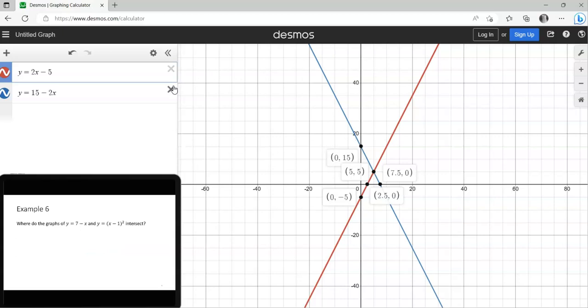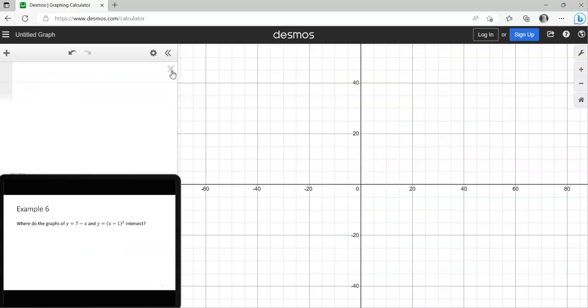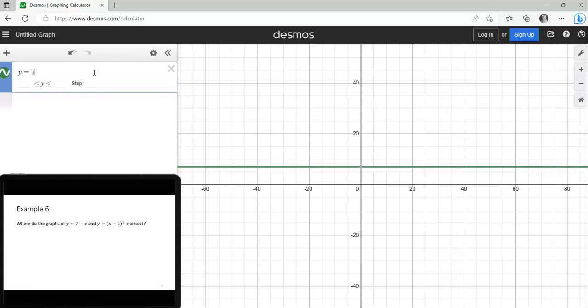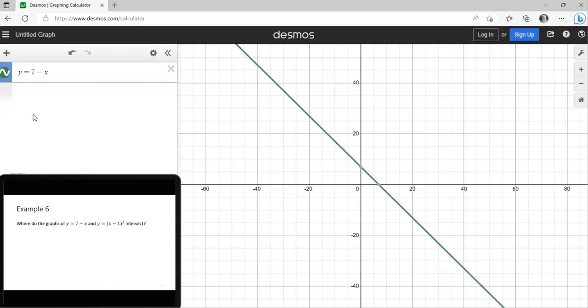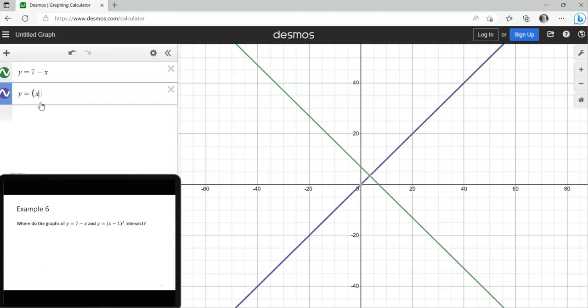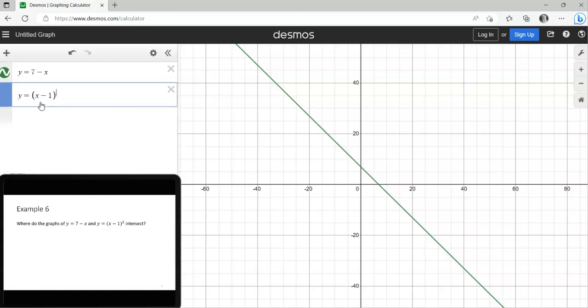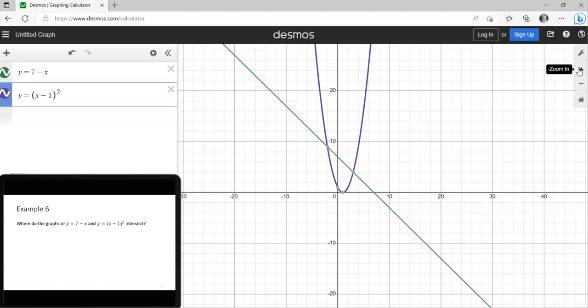All right, let's try something a little more complicated. Where do the graphs of y equals 7 minus x and y equals (x minus 1) squared intersect? So again, if I type y equals 7 minus x, and then type y equals (x minus 1) squared, I can go ahead and zoom in a little bit,